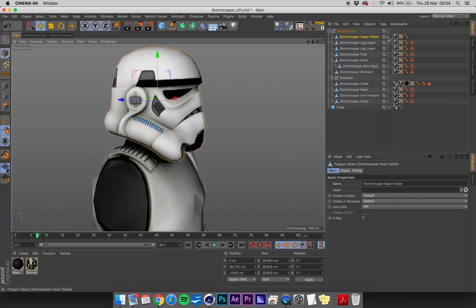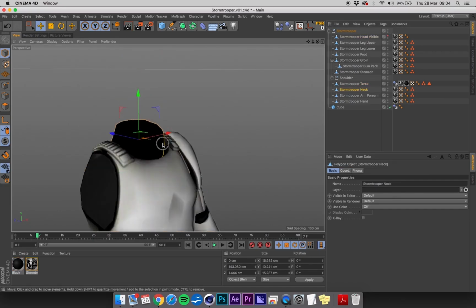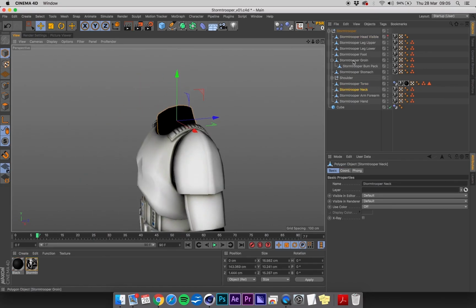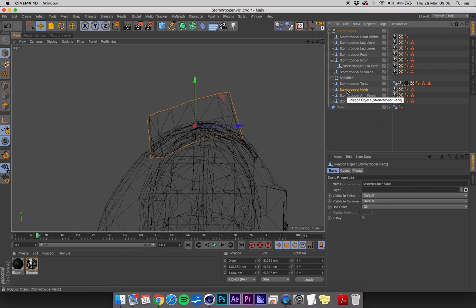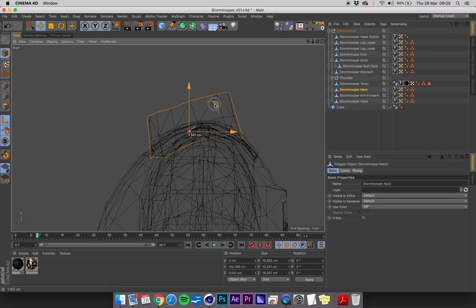I've got the head here and the neck. We want to first off connect the neck to the torso, obviously. So let's go to the side view, and the pivot point in the neck seems fine. We can always move it to where we think it might be better. We can put it there, and then start adding